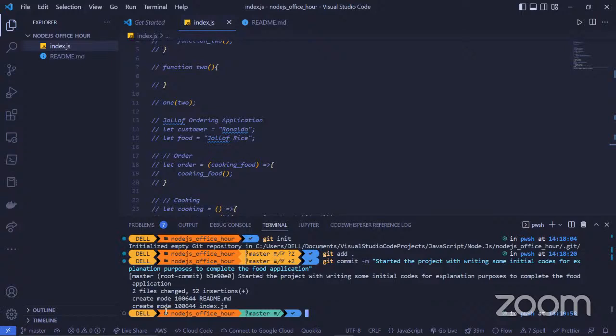And then you make a pull request to the dev branch. So the dev branch is where everything will be tested. Everybody's codes together will be put in one place, the dev branch, and everything will be tested on the dev branch to make sure everything works. It's when everything works that you make a pull request to the main branch. Your main branch is what you're going to be deploying, basically.